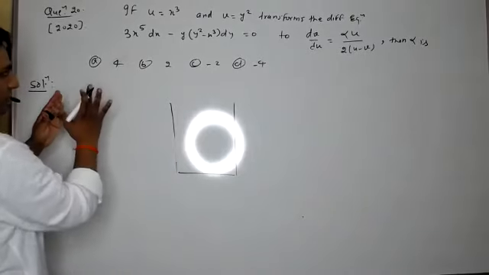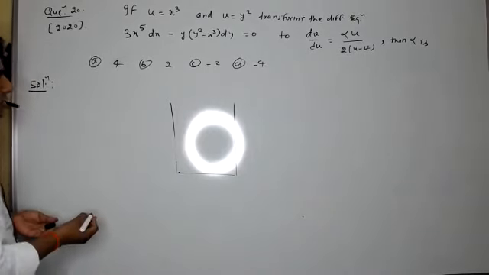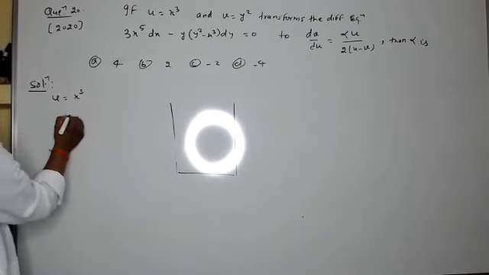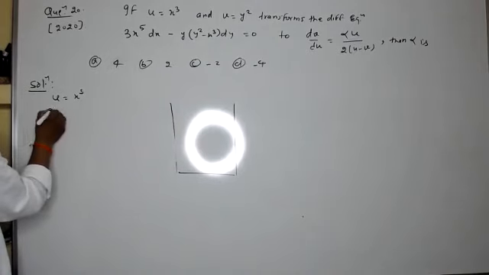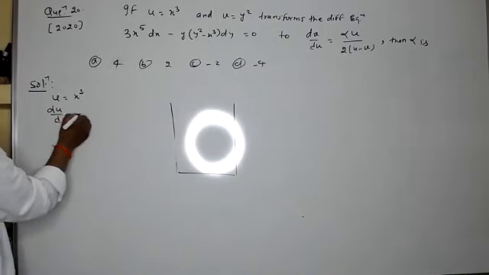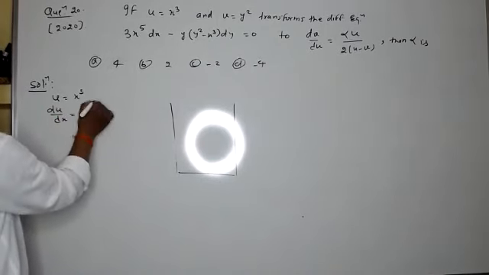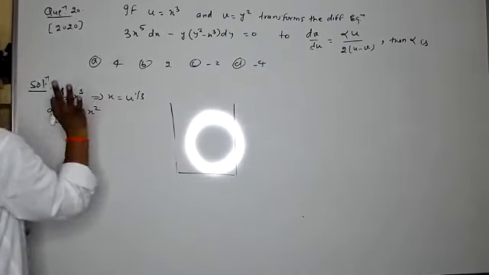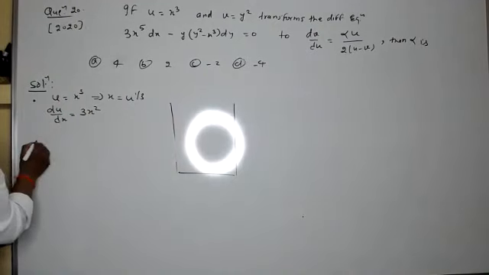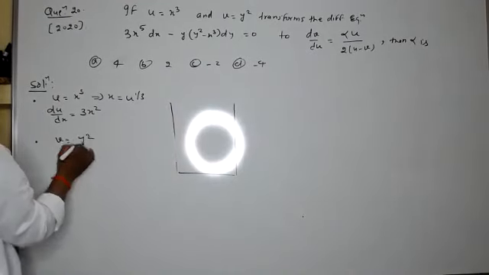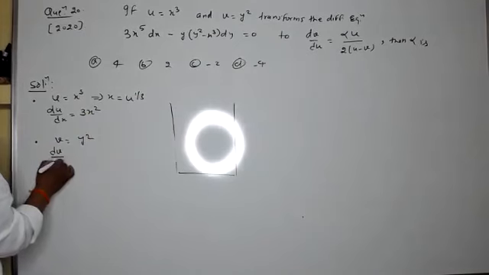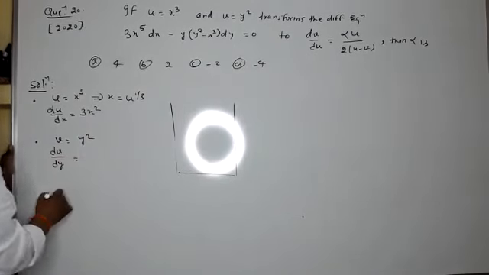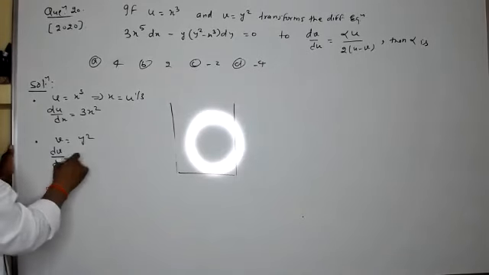See, the question is very simple, from the differential calculus kind of question only. u is given as x cube, right? So du over dx will be what? 3x square. And from here you can write in terms of u as well. What is v? That is y square. So dv over dy, that is given as